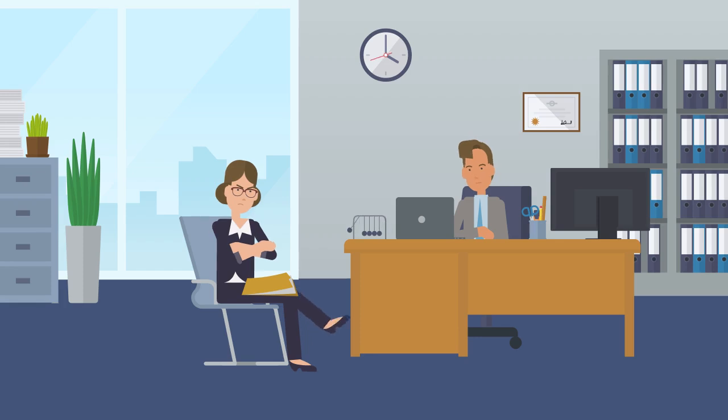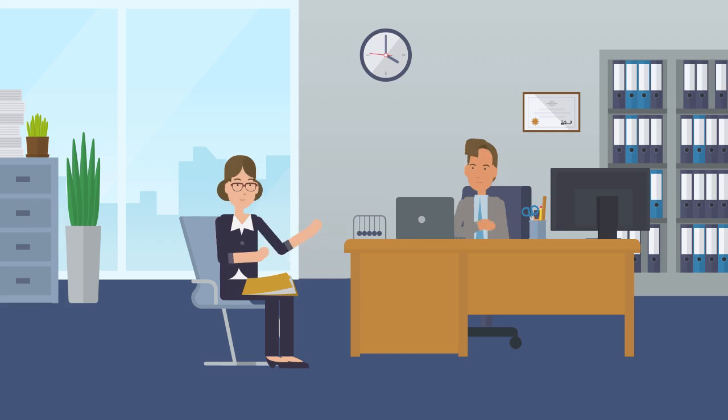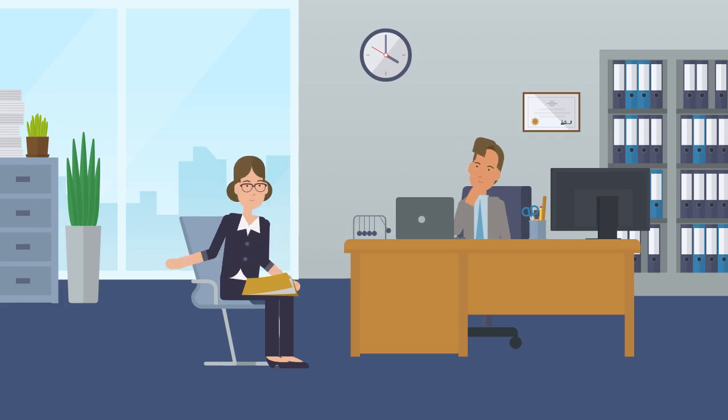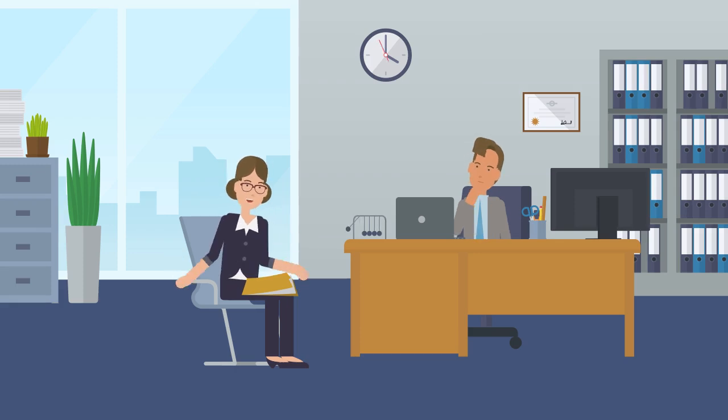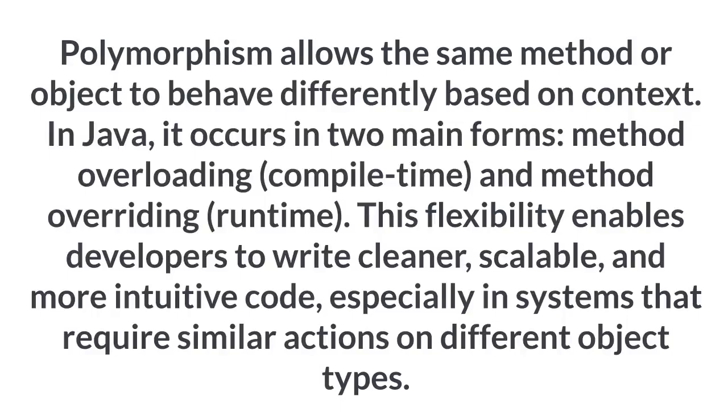Tell me, what is polymorphism in Java? Polymorphism allows the same method or object to behave differently based on context. In Java, it occurs in two main forms: method overloading, which is compile time, and method overriding, which is runtime. This flexibility enables developers to write cleaner, scalable, and more intuitive code, especially in systems that require similar actions on